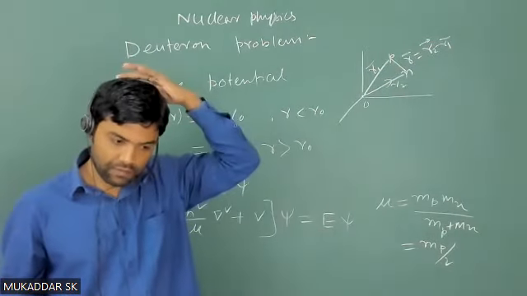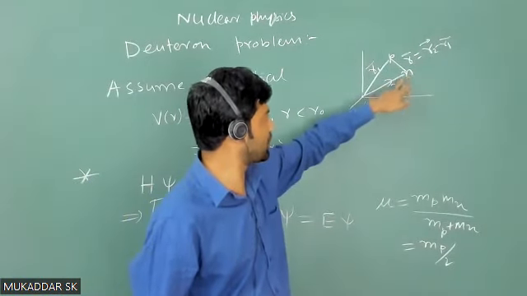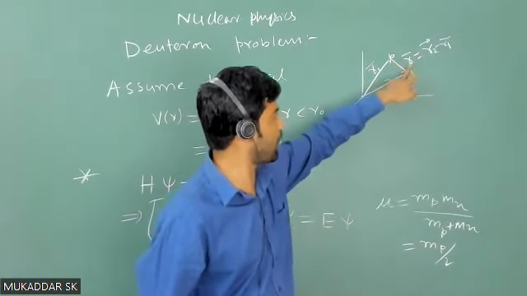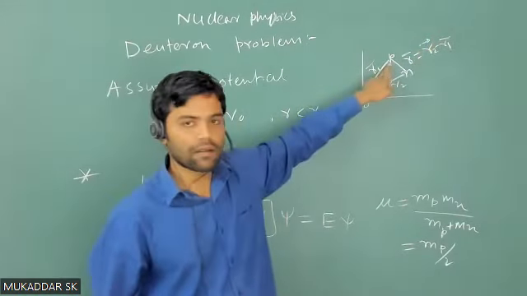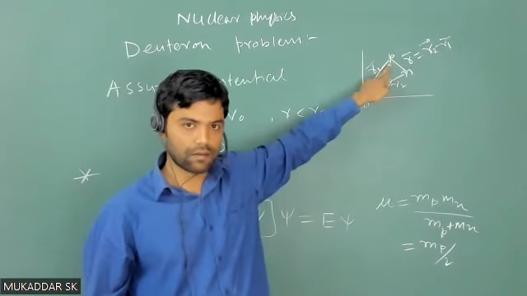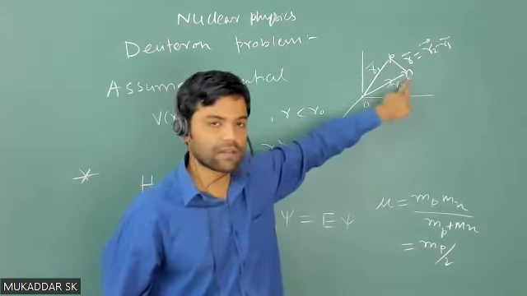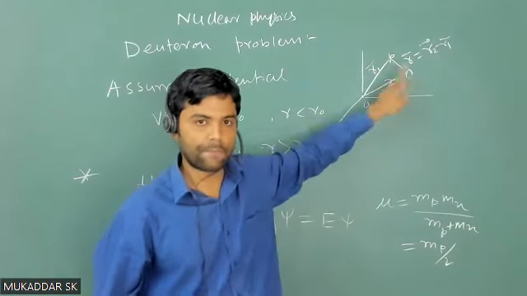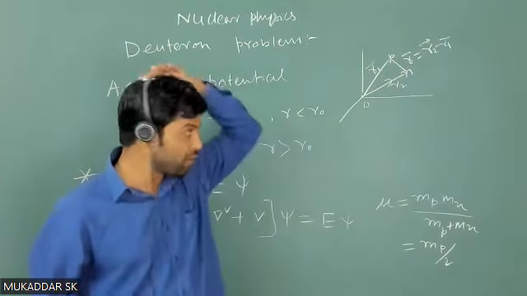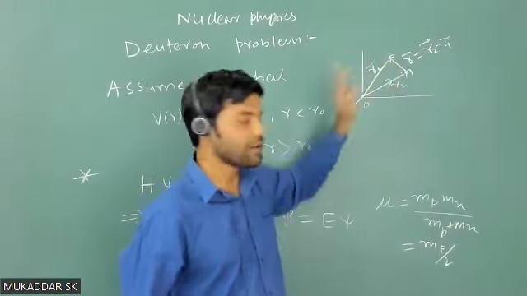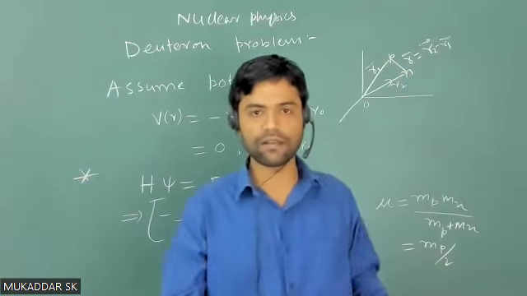Now you see an interesting thing here. You are measuring the distance of the neutron with respect to the proton, and that is R equals R2 minus R1. So you have to sit in the frame of the proton, and measure the distance of the neutron, or find the position of the neutron. Now the interesting thing is that the proton is not at rest. Why? Because it is experiencing nuclear force,